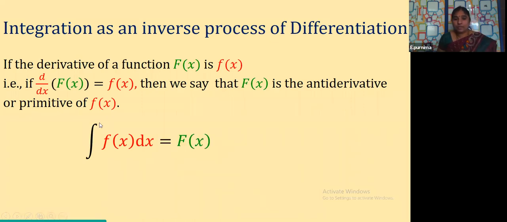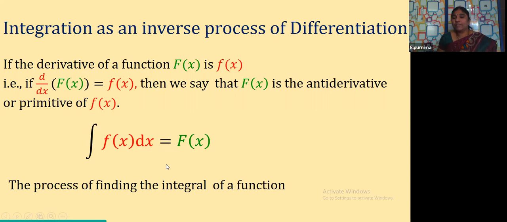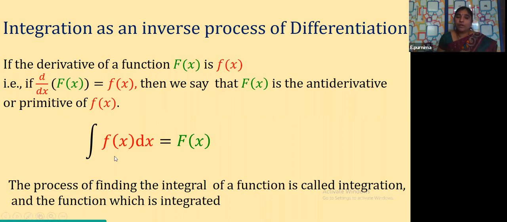So this is a symbol called the integration symbol, children. Integral f of x dx is equal to what? F of x. We write it as integral f of x dx is equal to F of x. Now here, the process of finding the integral of a function is called integration. We are trying to find the integral. Integral is nothing but the limit we obtained, as I just explained, as n tends to infinity. That is called what, children? That is called the integral. In terms of integration, that limit is called the integral.